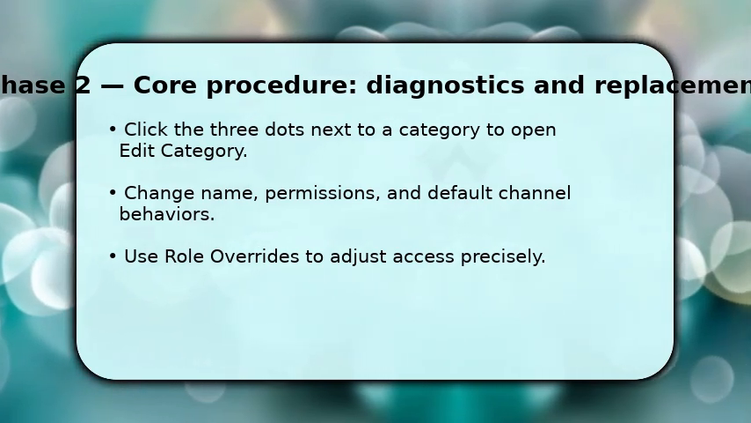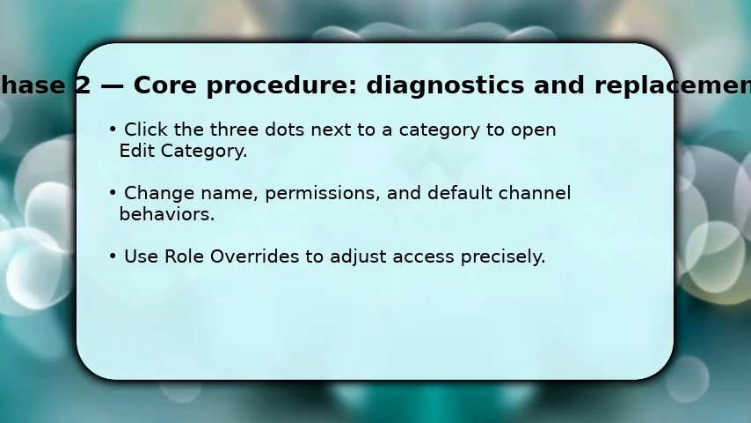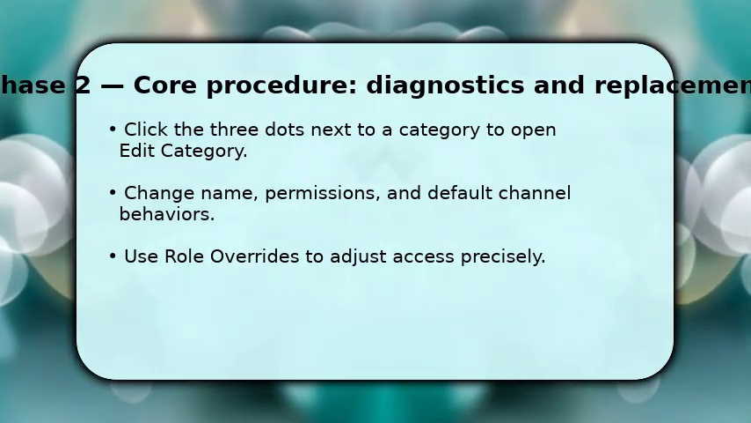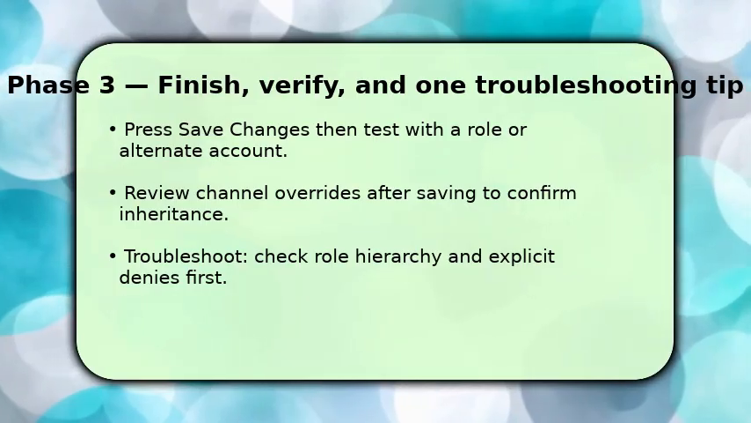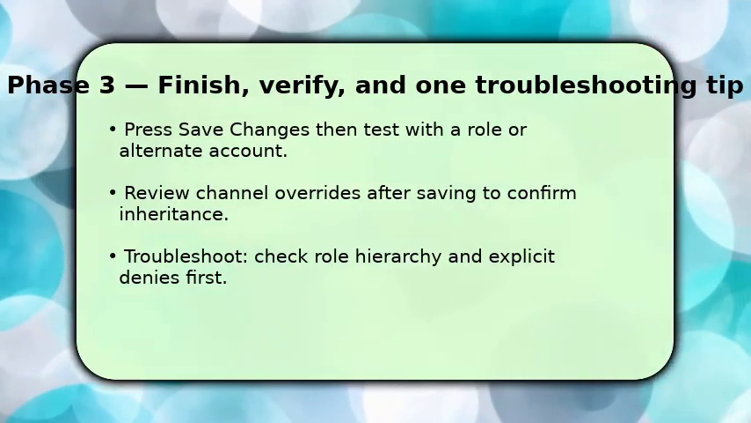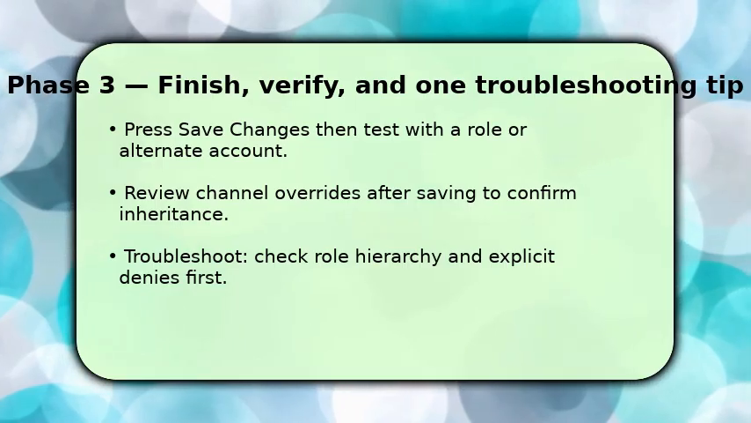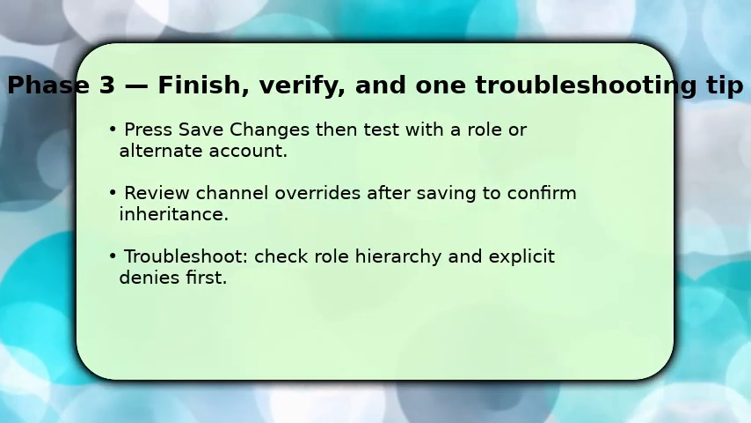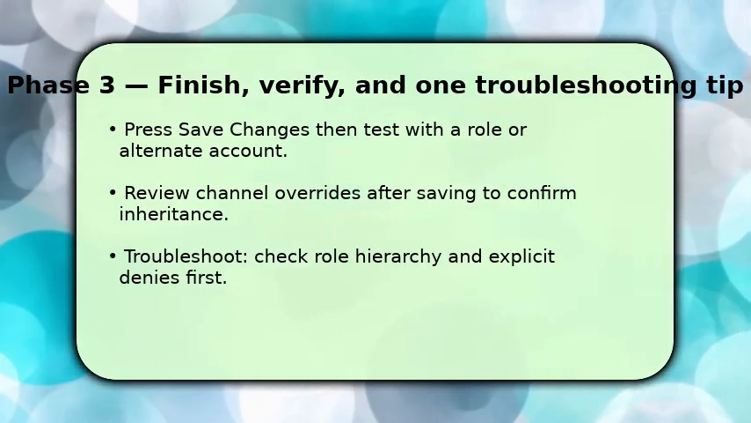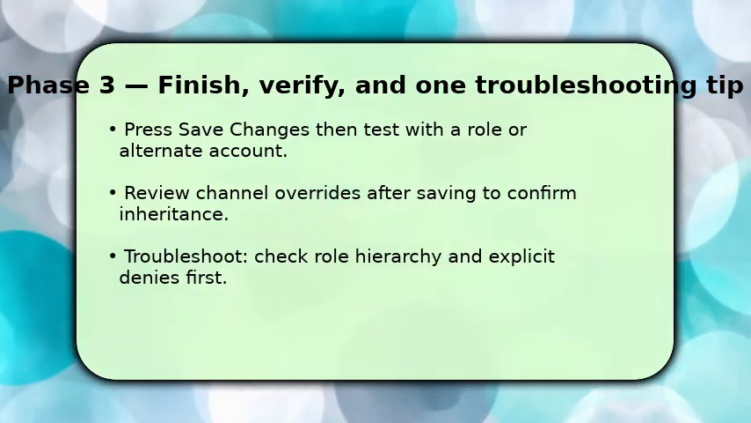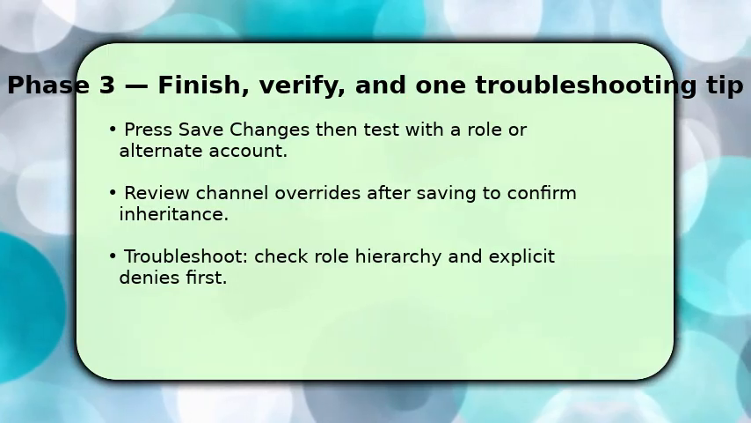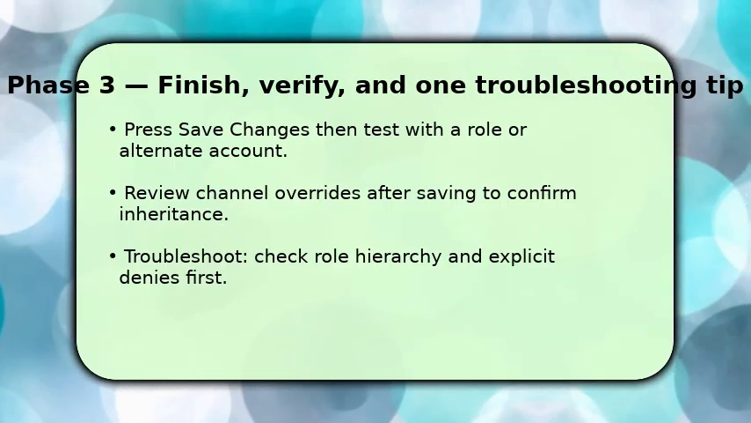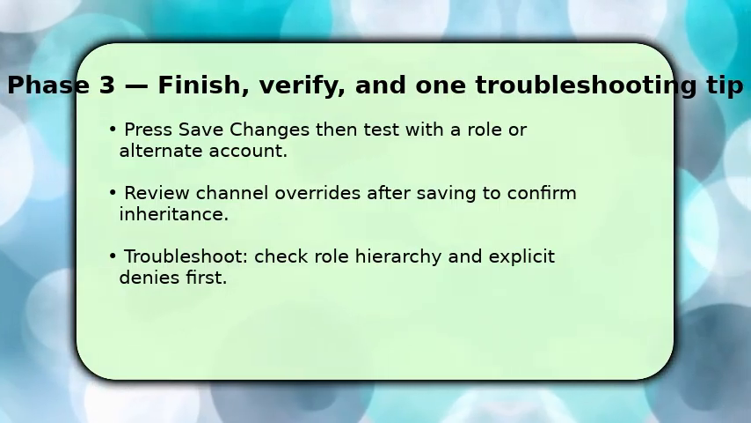After making edits, press Save Changes and then verify the results by viewing the server as a role or using an alternate test account. This confirms the visible channels and permissions. Once saved, inspect each channel's overrides to ensure they reflect the category's intended behavior, because individual channel settings can block inheritance. If things go wrong, the key troubleshooting step is to check role hierarchy and any explicit denies. Explicit denies trump a